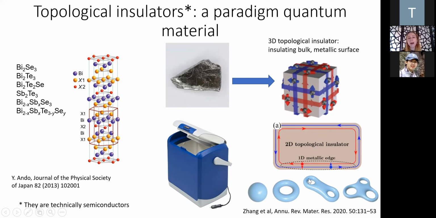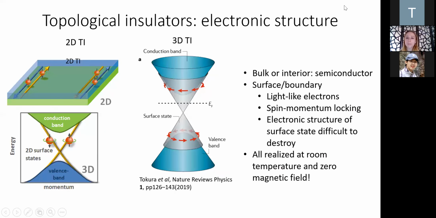So anyway, these are called topological insulators, and what they are characterized by is certain specific electronic properties that I'll come to on the next slide. So the electronic properties that define and characterize topological insulators are as follows. The bulk or interior, so the three-dimensional bulk for a 3D TI, or the two-dimensional interior for a 2D TI, is an insulator or semiconductor. And then you have something different happening either on the surface or on the edges, depending on which dimensions.